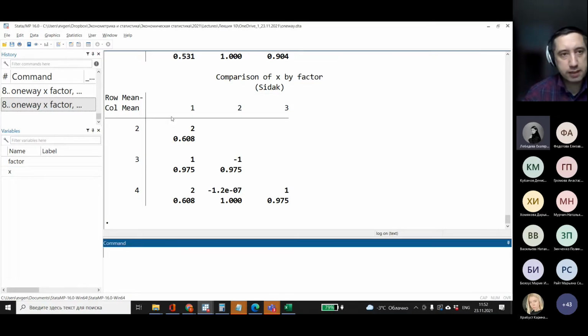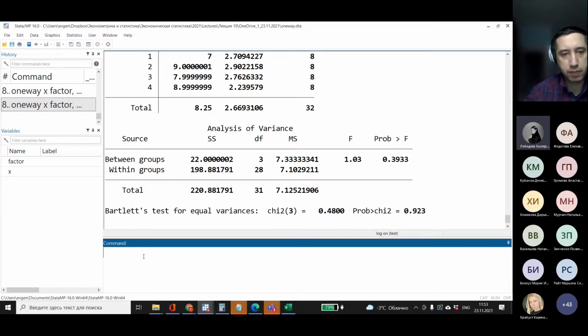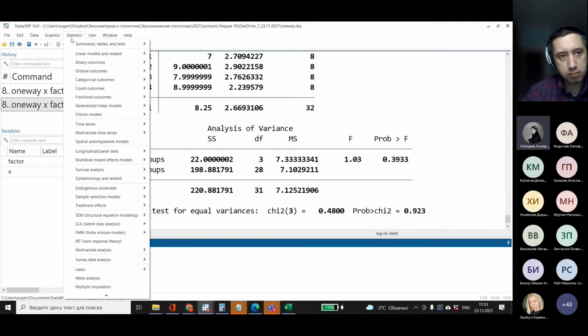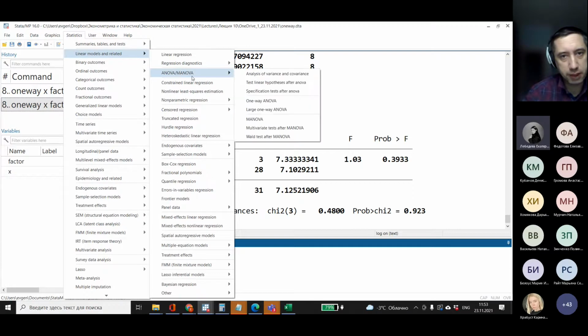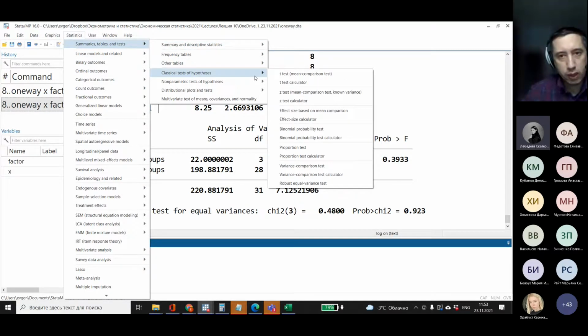Well, what else? What else in Stata? So if you want to work with command line, you should use command oneway. X factor, tabulate, and Stata will produce exactly the same output. Well, what else? Also, there are some interesting ANOVA tests. If you go to summaries and classical tests of hypothesis, well, so yeah, one probably,